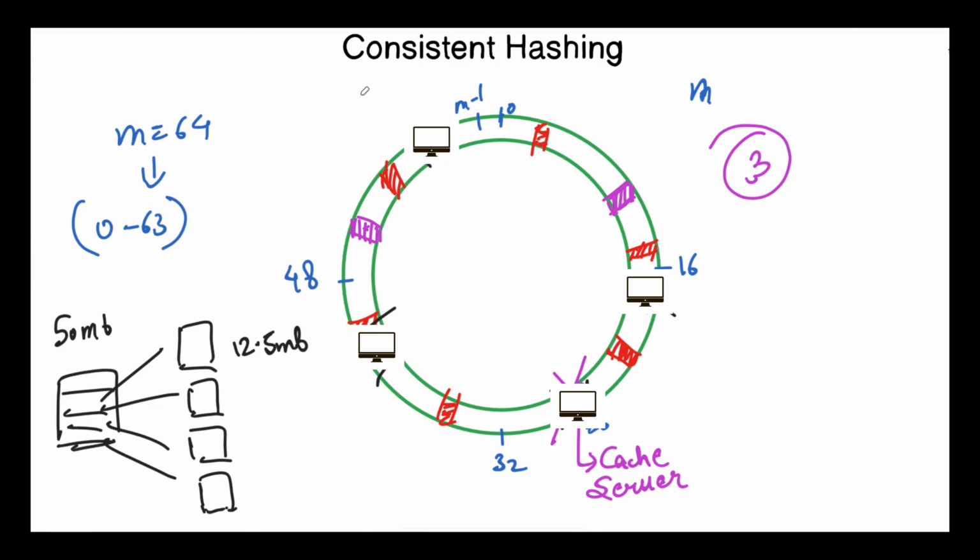Now I know what you were thinking. If a physical server dies, then at the same time, all its virtual servers also die, leading to more gaps over the ring. But the best part of this approach is that because all the virtual servers are distributed uniformly over the ring, the gaps which will be formed will also be in a uniform fashion. So still we only have to move k by n data points. We will place these virtual servers by using more hashing algorithms. Because the hashing algorithm is different, we will get a different position for the same IP address.